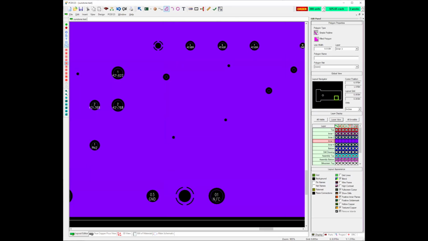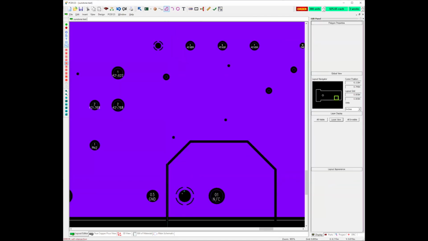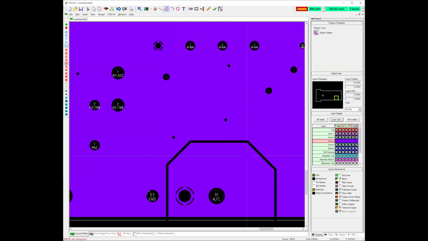Simple polyline. I'm going to make a split plane, and this is super simplified. I'm not doing anything fancy. I got a split plane. Now this pin is isolated from that pin on this power plane layer. Well, that's great,